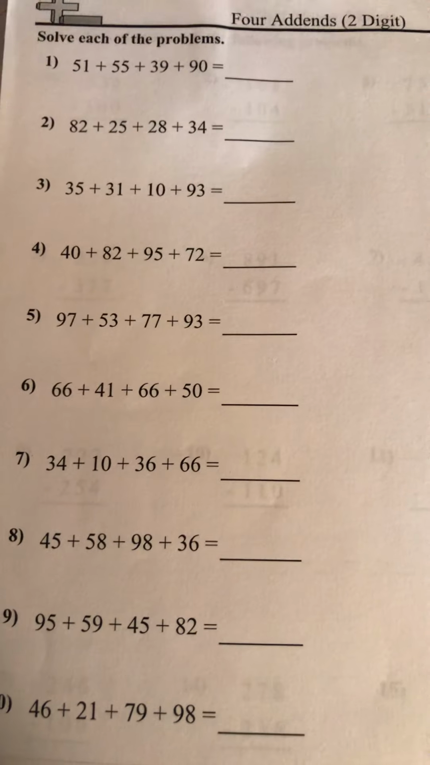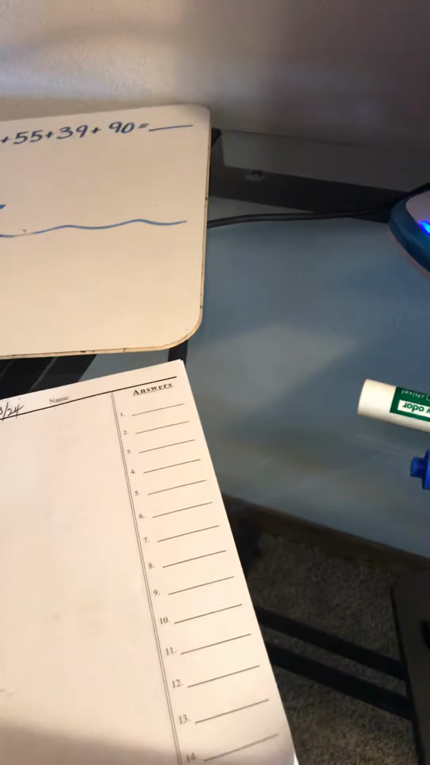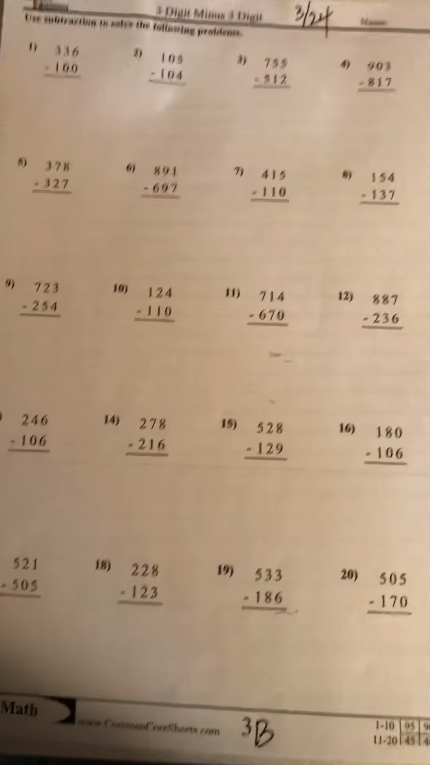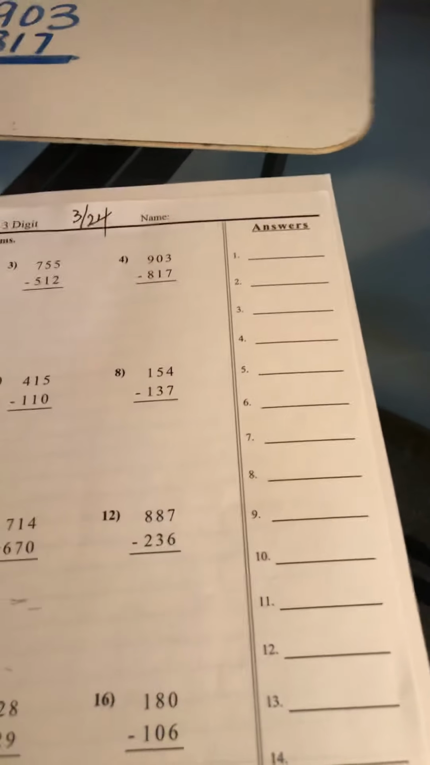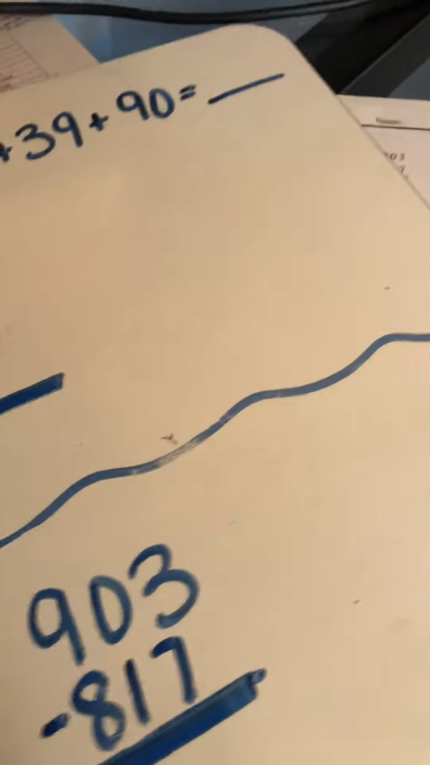Your math today is a front and back. I'll show you a picture here. It is 4 two-digit numbers addition, and there are 14 of those problems. And then the back side is 3-digit by 3-digit subtraction, 2 of those problems. So I wanted to work through a couple of those problems with you, one from each